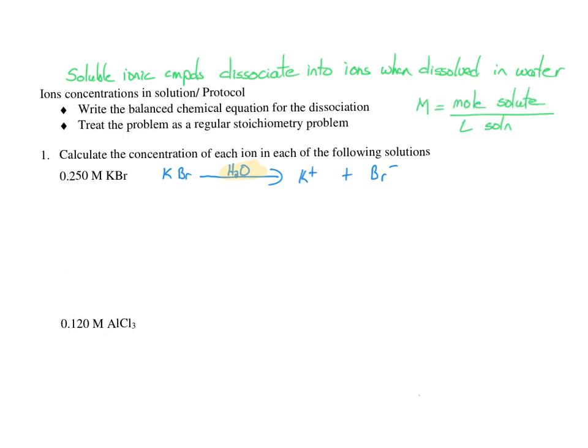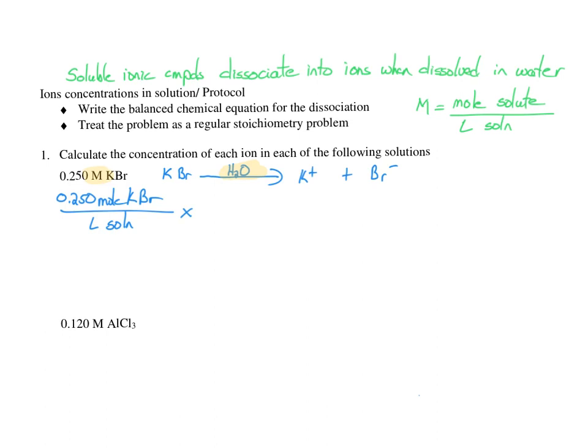Next, we want to remember that molarity means moles of solute per liter of solution. So when we look at the unit of molarity, we're going to translate that as moles of solute per liter of solution. Finally, we're going to use our chemical equation, our dissociation reaction, to relate one chemical, KBr, to a different chemical, K+. Remember, whenever you compare one chemical to another, it has to be done on a mole-to-mole basis using a